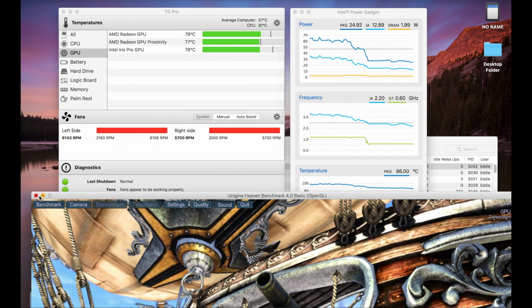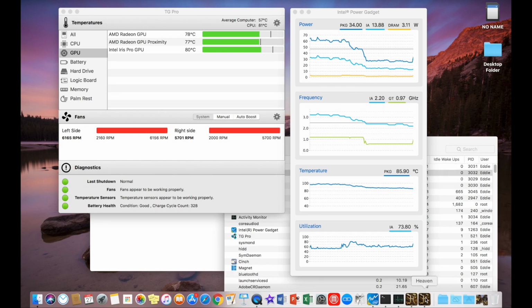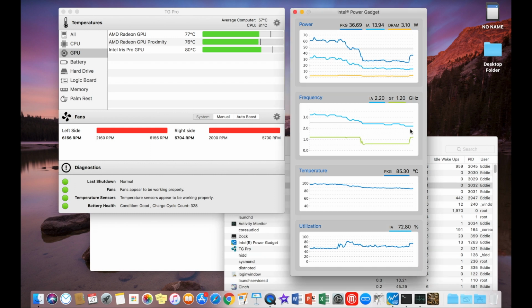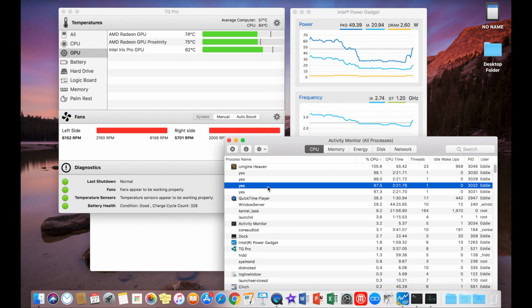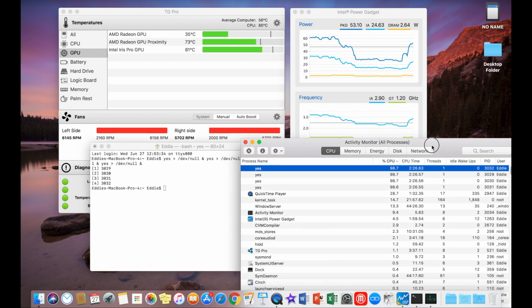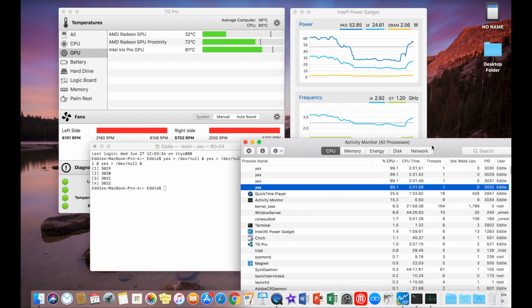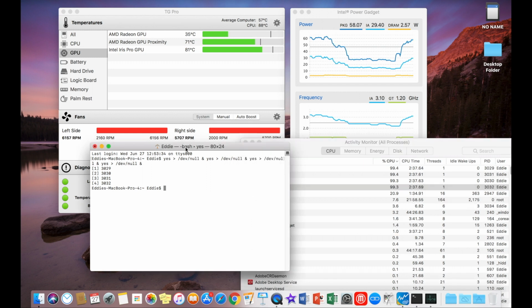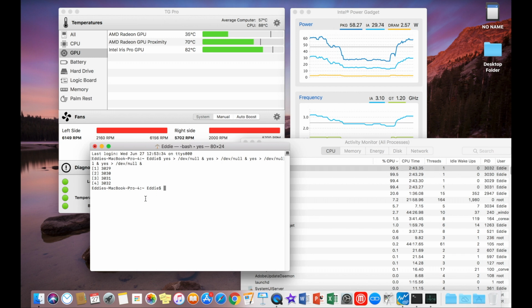Now if I close the GPU benchmark, you'll see that the thermal throttle or the CPU strain will ease, and it'll shoot back up, and all 4 cores are still being tasked as we speak. So this is awesome. So my MacBook is now running at full speed and top performance because of this simple change in the thermal compound on the CPU and GPU. I'm going to end these tasks,